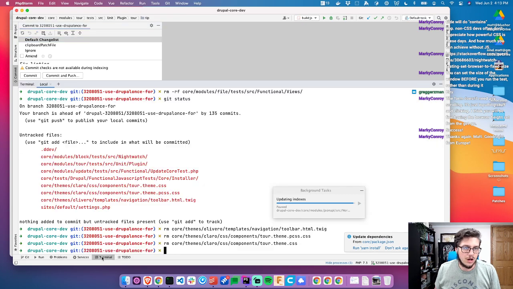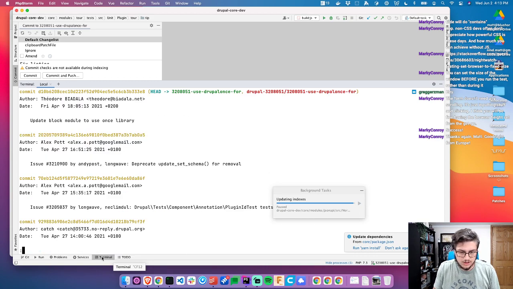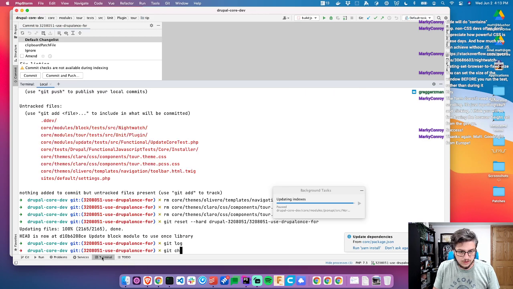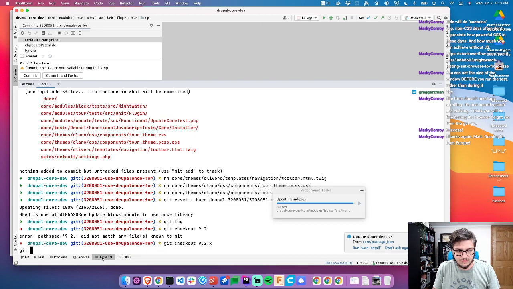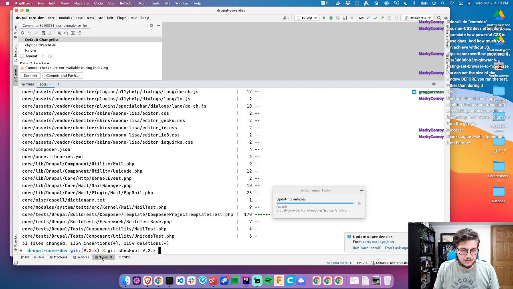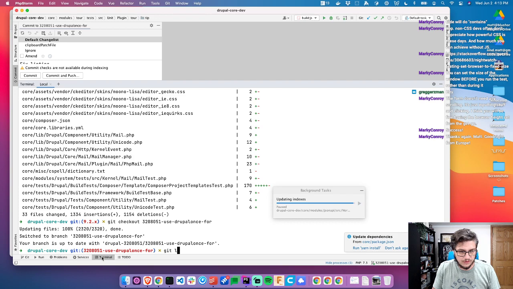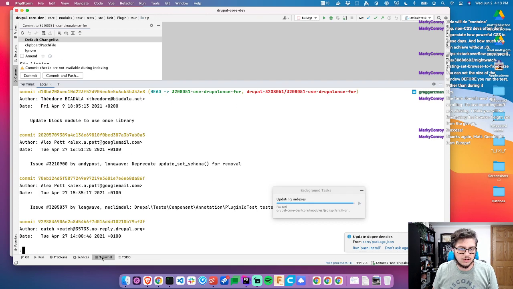All right, so now I'm going to do git reset hard. All right, so now I've reset. I'm back here. And if I go git checkout 9.2.x and do a git pull, I'm going to quick check out this branch again. So now that I have the local objects and I do a git log, it's not showing that is